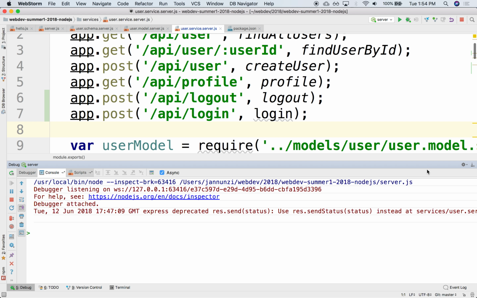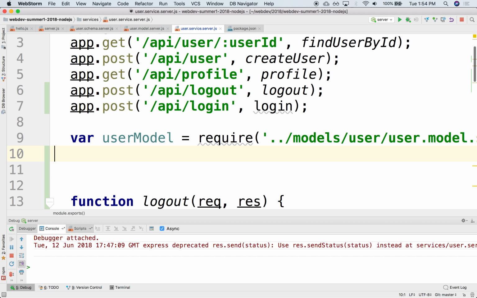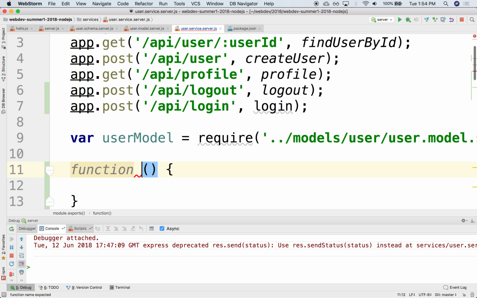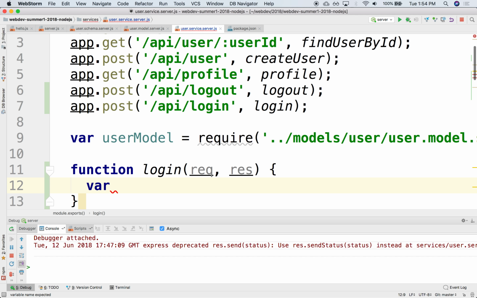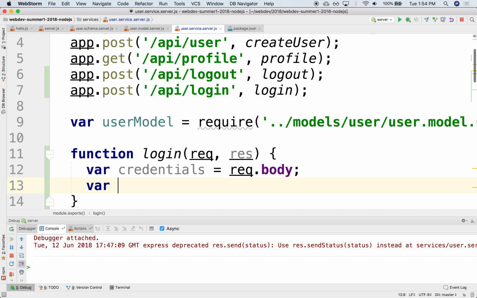And what we're going to do is take that username and password, right? And we're going to try and find if there's a user with those credentials. Okay, so it'll be somewhere here. It'll be something like function login, and it'll be the request and response. So we're going to grab the credentials from the body, and then we can extract the username from the credentials,